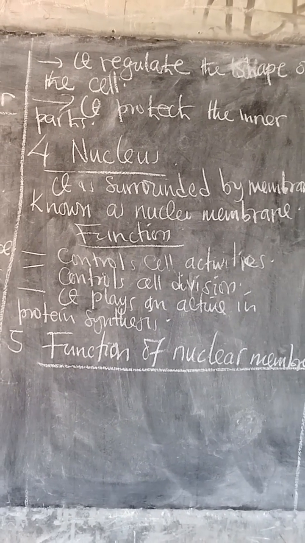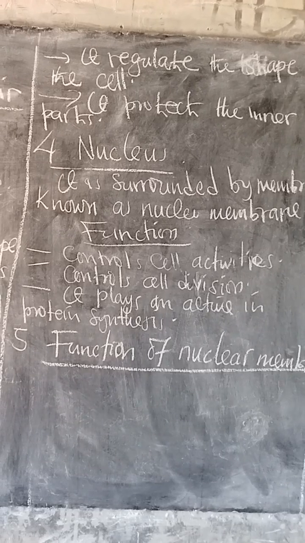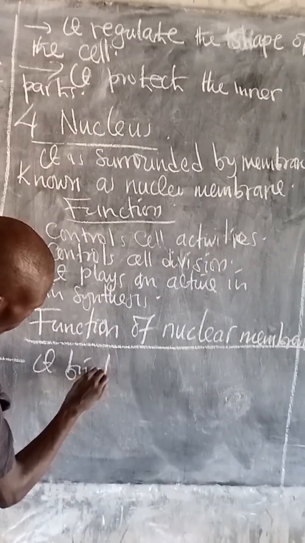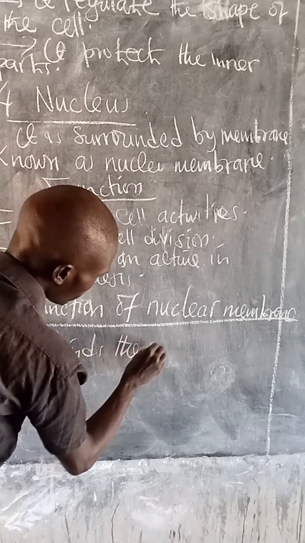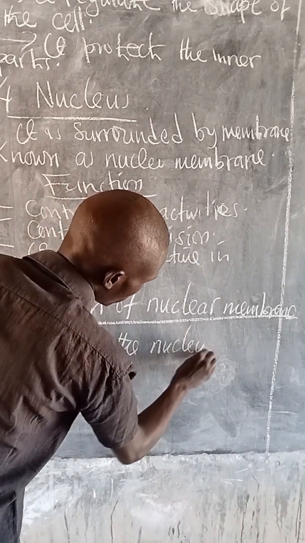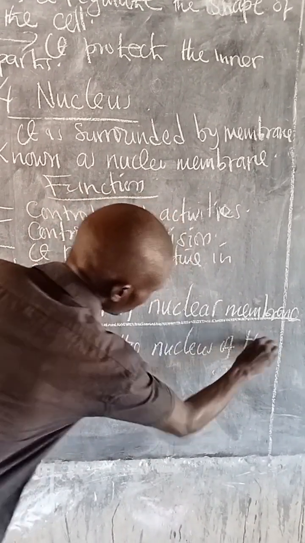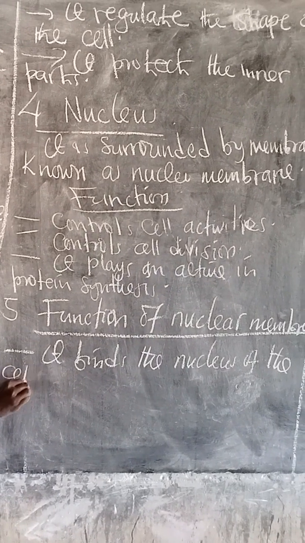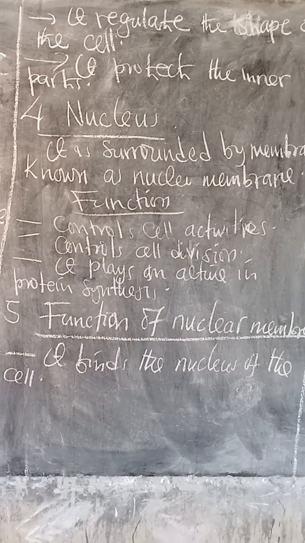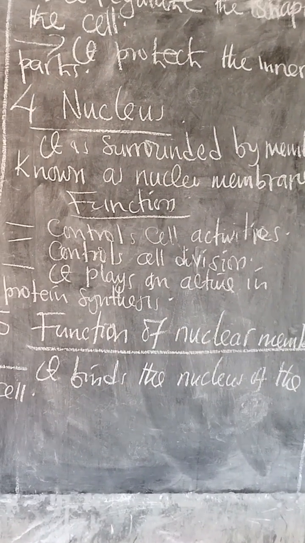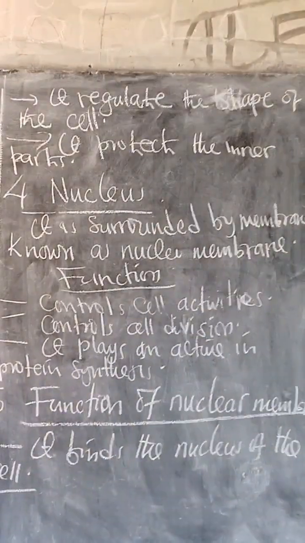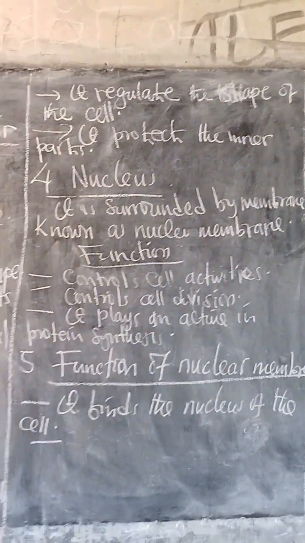One of the functions is that it binds the nucleus of the cell. It means keeping the nucleus of the cell together, or it surrounds the nucleus of the cell to keep it together, which is one of the functions of the nuclear membrane. It binds the nucleus of the cell, which is one of the important functions, and it separates the